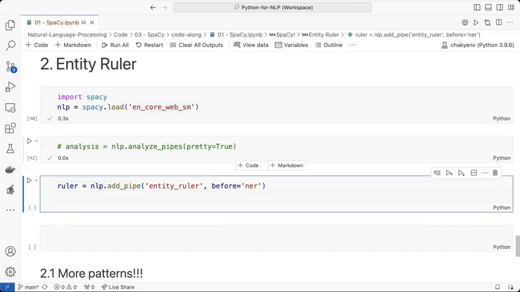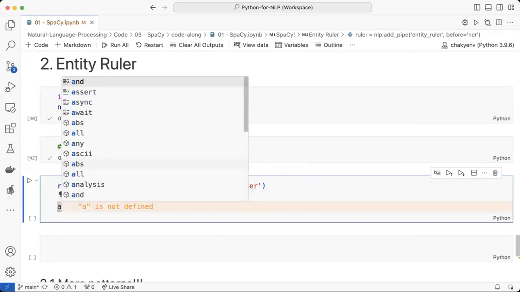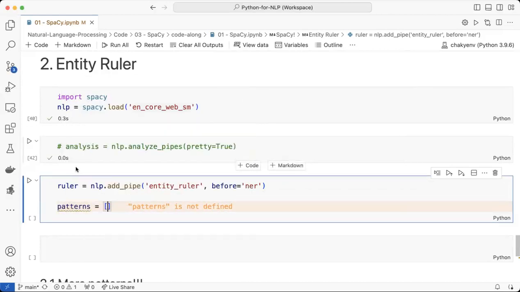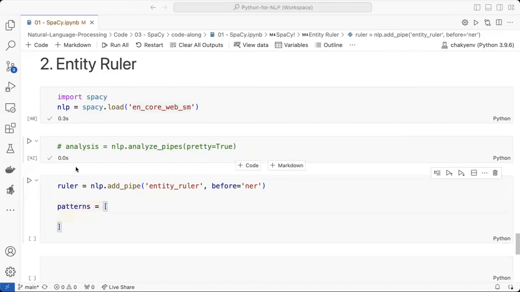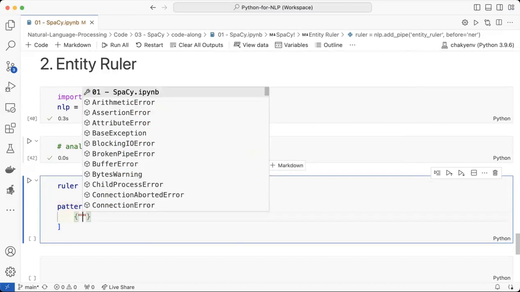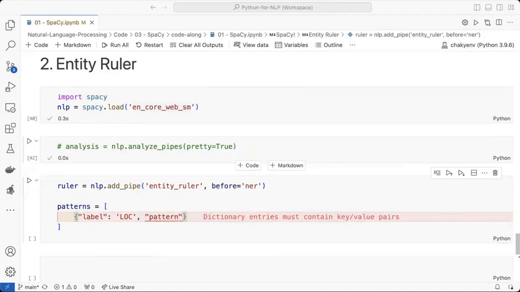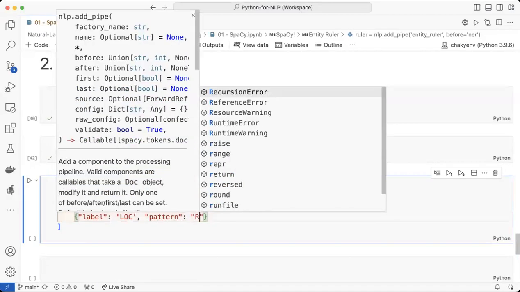And what we're gonna do is add patterns equal to, label location. And the pattern that we want to apply is